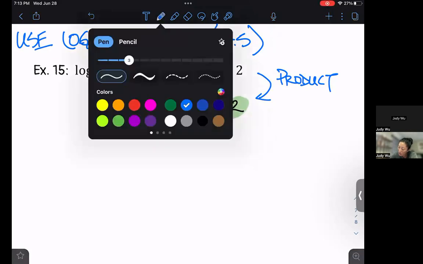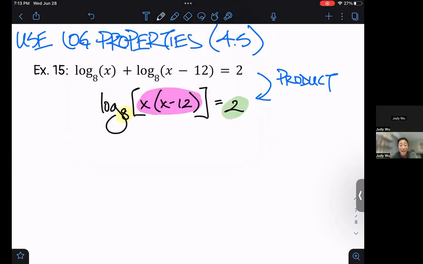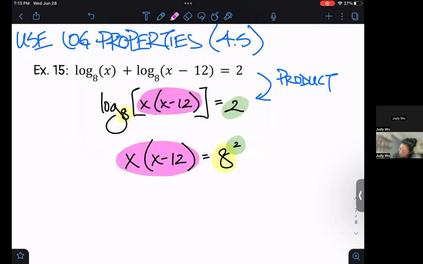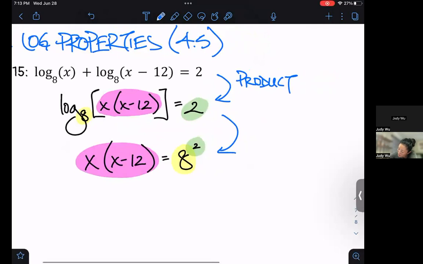Now we're going to go ahead and rewrite this in exponential form. In other words, x times x minus 12 equals 8 squared. All right, so here's my power, here's my base, and here is my unknown. All right, so this, my friends, is our rewrite